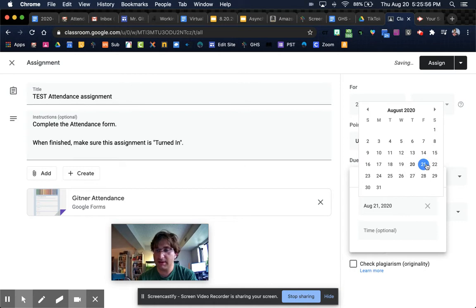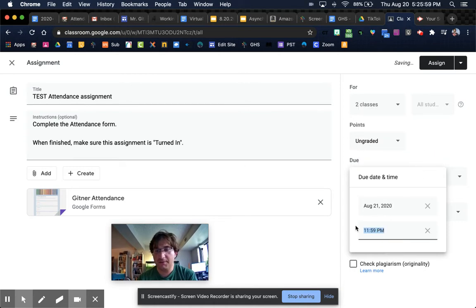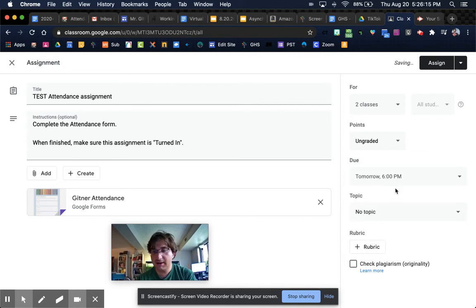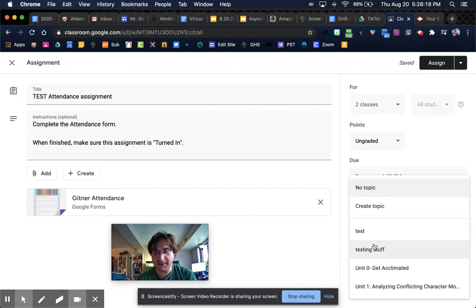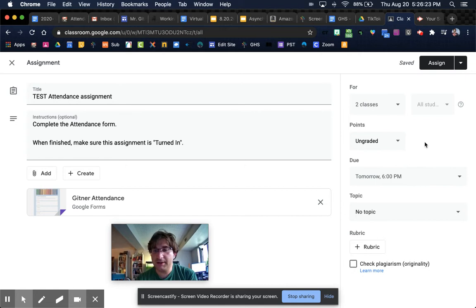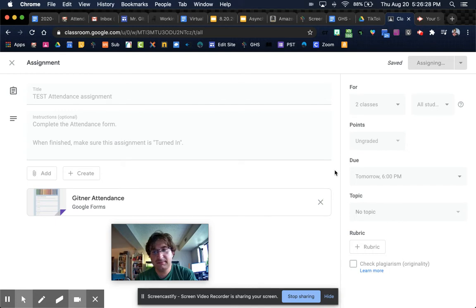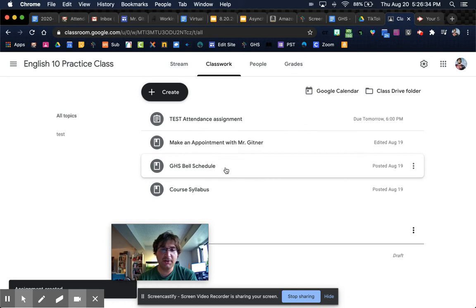You set the due date to whenever, doesn't matter. If you want to get really specific and try to track tardies, it's not something I'm going to spend a lot of energy doing. But if you want to get real specific, you can set the due date for a certain time, 6 p.m., whatever, doesn't matter. And you can file it under whatever topic you're organizing in. And that's a whole other video, man, but like how to organize a classroom. But then you can just click assign, and you can just repost the same form, but it'll make a new assignment in Google